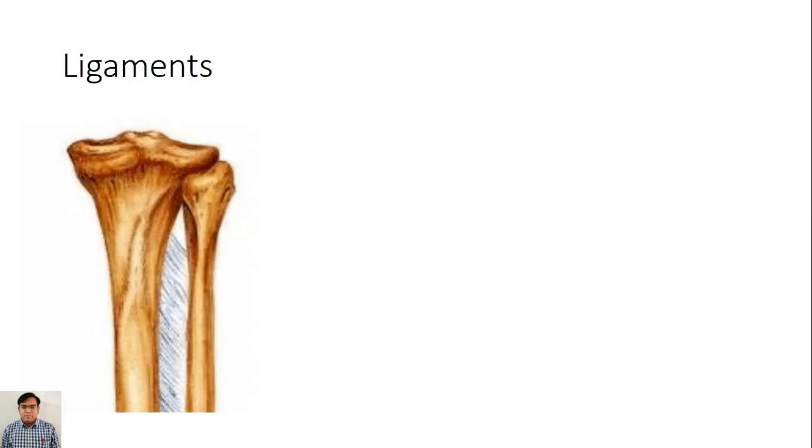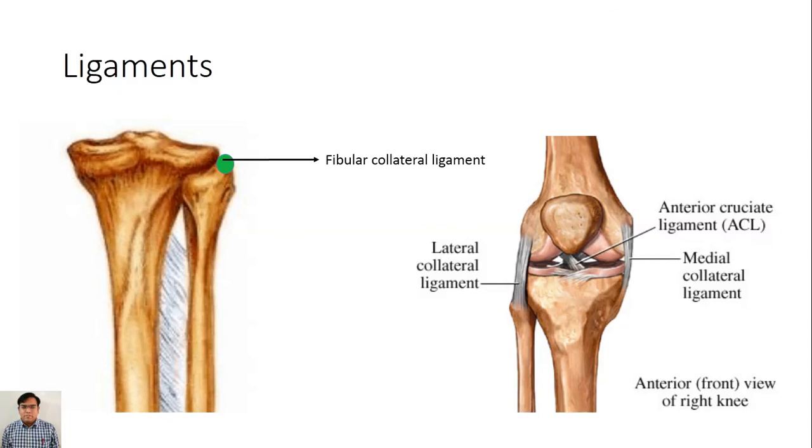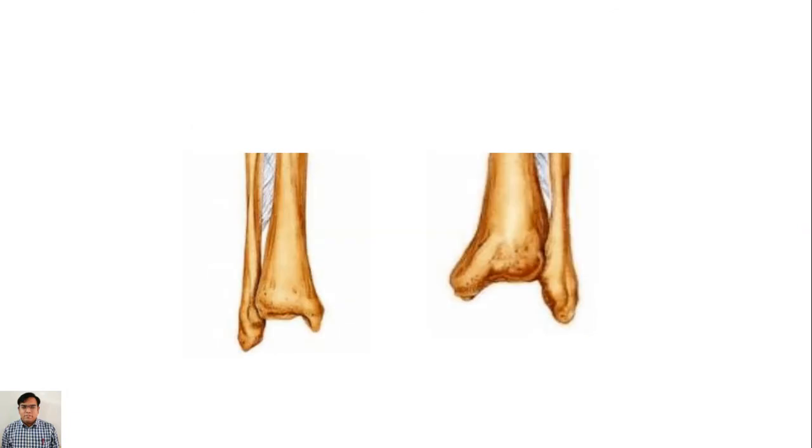Now the ligaments of the fibula. The first ligament is the fibular collateral ligament. This is the fibular collateral ligament, and in this photograph it is very clear, also called the lateral collateral ligament. This is the anterior view on the left, and this is the posterior view on the right. On the inferior side there is attachment of the anterior tibiofibular ligament. This is the anterior tibiofibular ligament. On the posterior side, the posterior tibiofibular ligament.